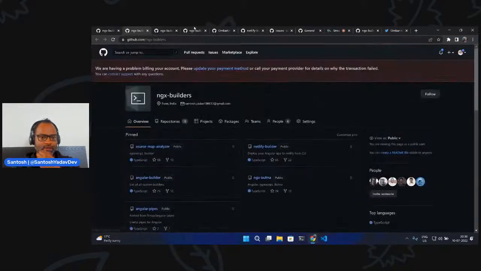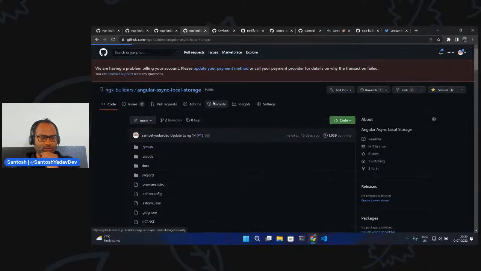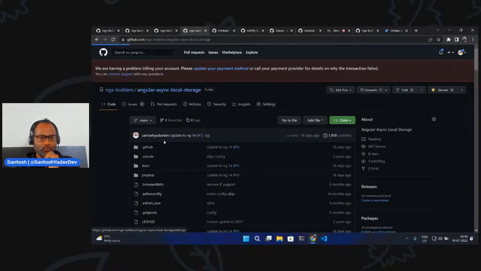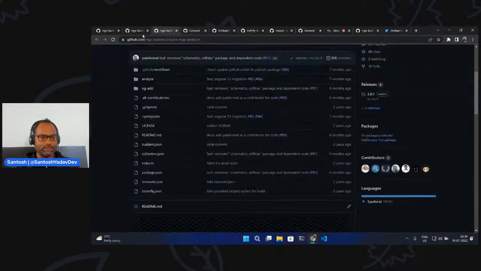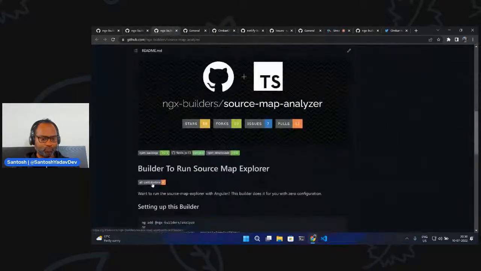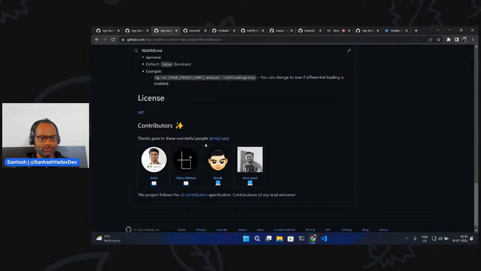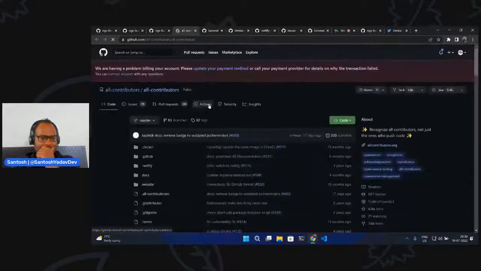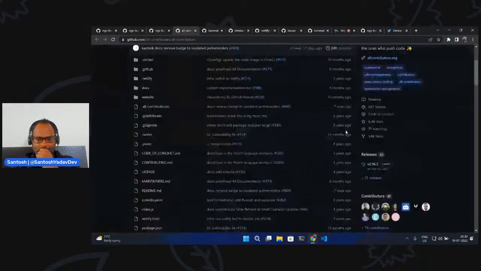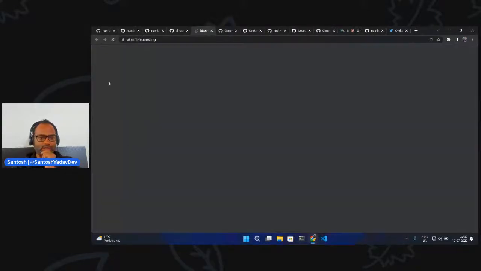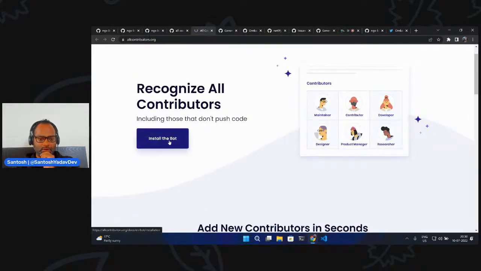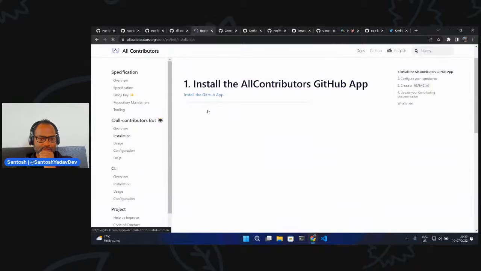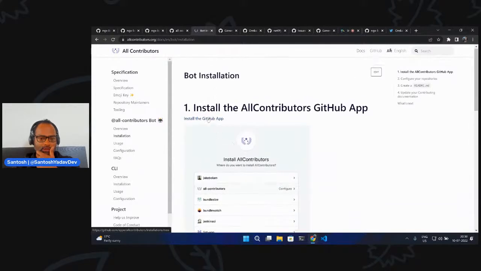So we can do angular async local storage, and let's see. I can add, what is that? All Contributors. So I can add all contributors to my project, and let's see how to do that. Install the bot. We already have this bot. Let's see. Install the GitHub app and